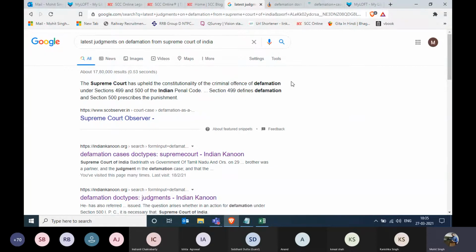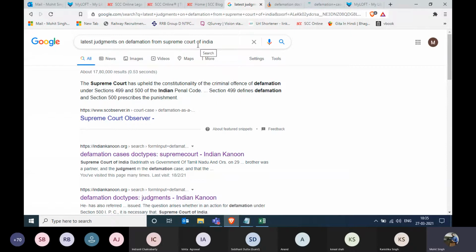Whenever you are going to cite a document in a moot court competition, in your assignment, in your course, you need to verify whether that judgment or that document is coming from an authentic source or not. So always and always go for the law publishers. You can go for the AIR, you can go for the SCR, you can go for the SCC Online journals as well. But always and always go with the law publishers.